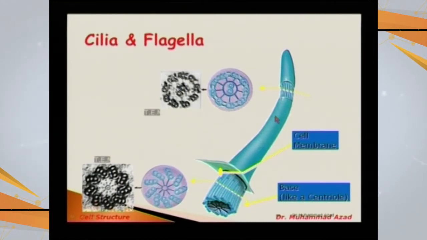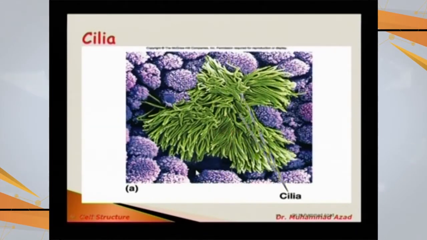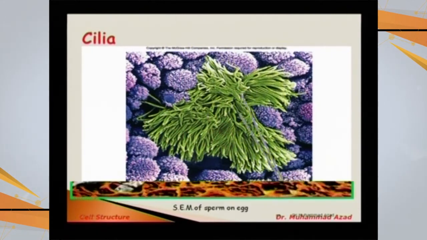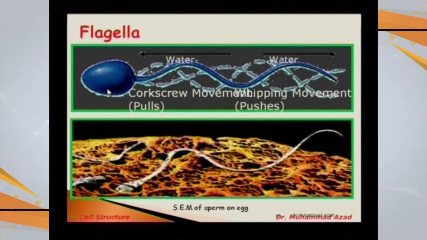So this is the cover of the cell membrane, and inside it the 9 duplets of microtubules and the 2 in the center are there for the cilia and flagella. This is an electron micrographic picture of the cilia. This is a bunch of extensions from the cells, and this is one of the flagella. This is our sperm, the human sperm, having this head and this long tail, and this is an actual electron micrograph. These sperms are moving in the female reproductive tract, the uterus of the mother, locating their destination.